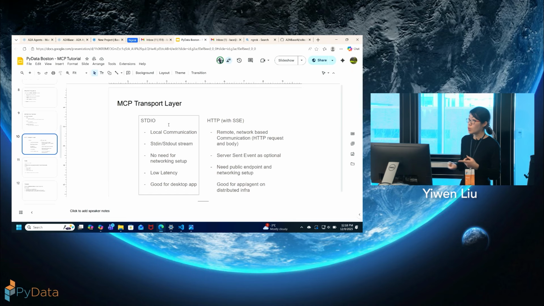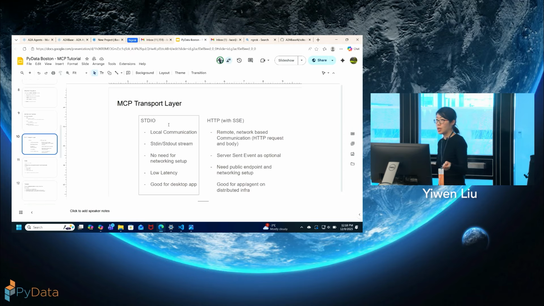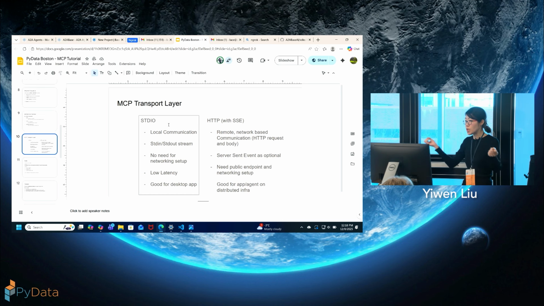This is for remote communication. Think about the future, say eBay has an agent that wants to talk to a USPS MCP server to track users' shipping status. Those are two different companies, so they definitely won't have their agent and server hosted in the same place.